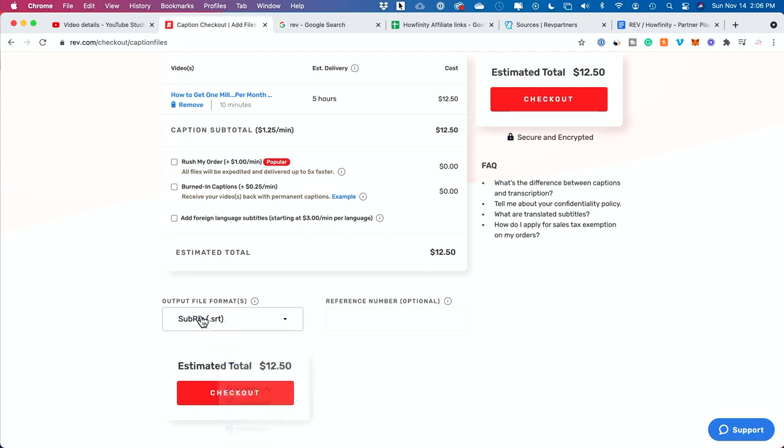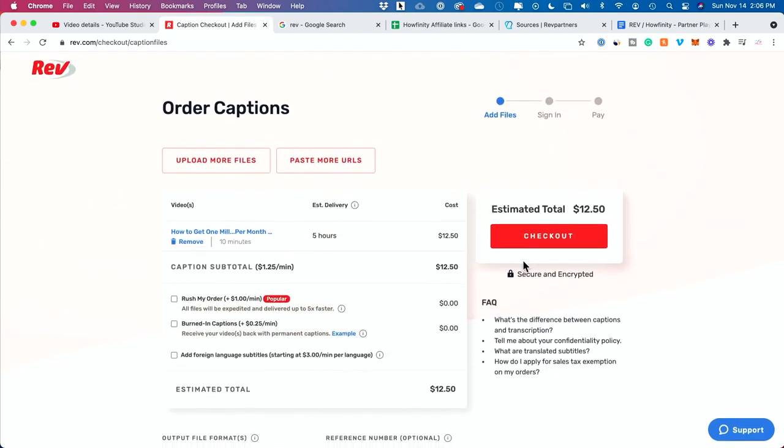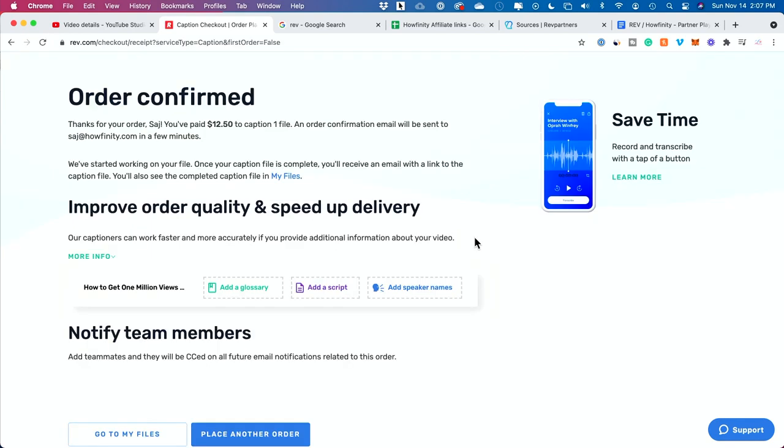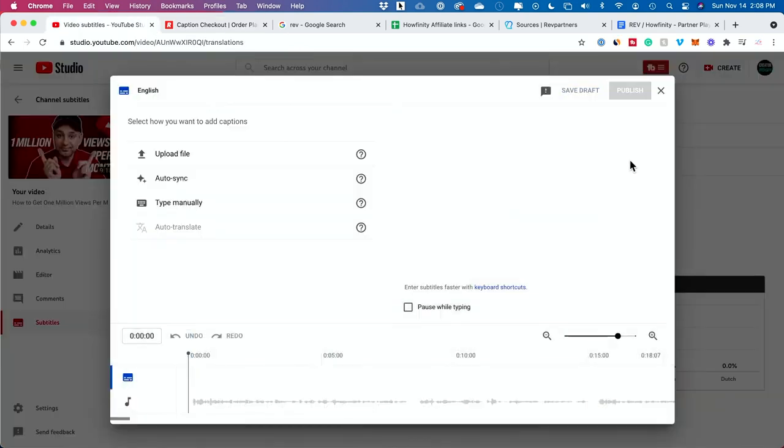There are others, but that's what I recommend, especially if you're going to YouTube, and press checkout. And there you go, my order has been submitted. I could place another, or I could just wait till I get that SRT file. And once I get that SRT file, I'm gonna show you how to add it from upload file and what